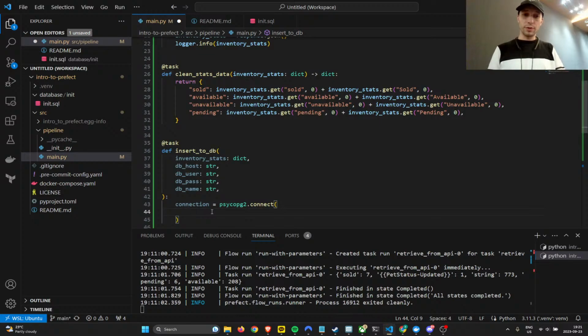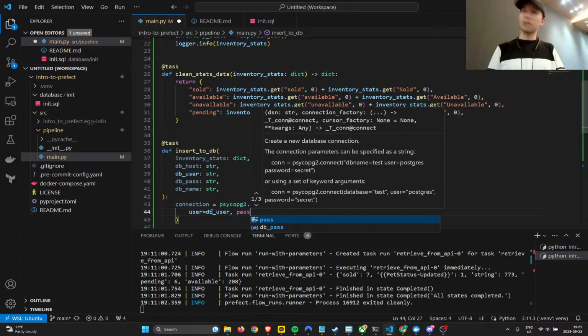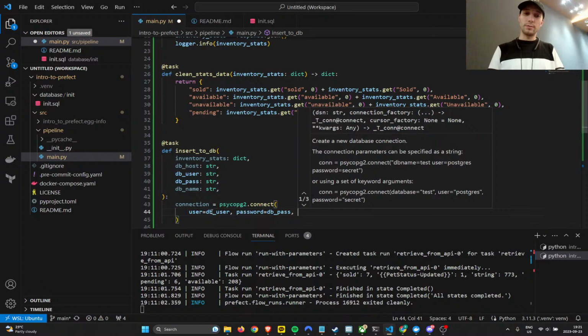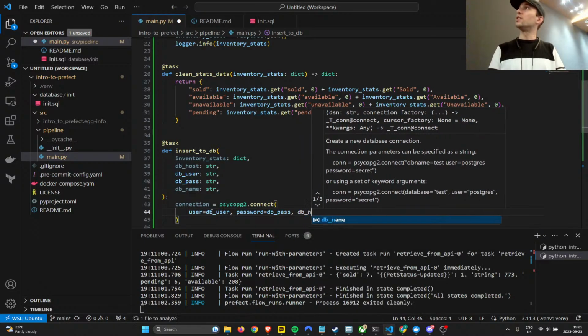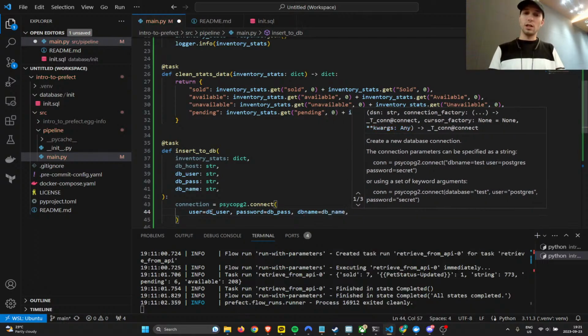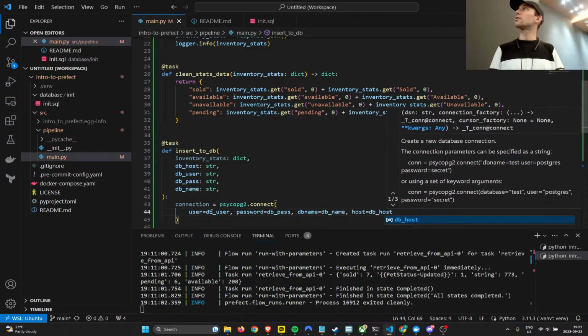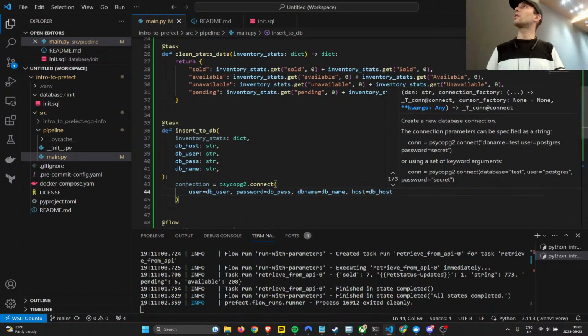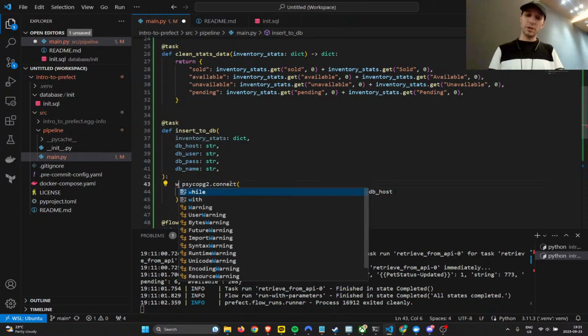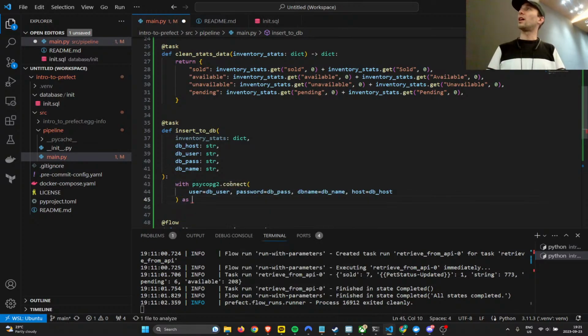Let's see. We'll do user equals db user. And password equals db password, or db pass. DB name, or no, sorry, dbname like this equals DB name, and host equals DB host. Okay, so that's how we establish our connection, except, I apologize guys, I messed up the way I did this. We should say with as connection, so that way it automatically closes. Okay,